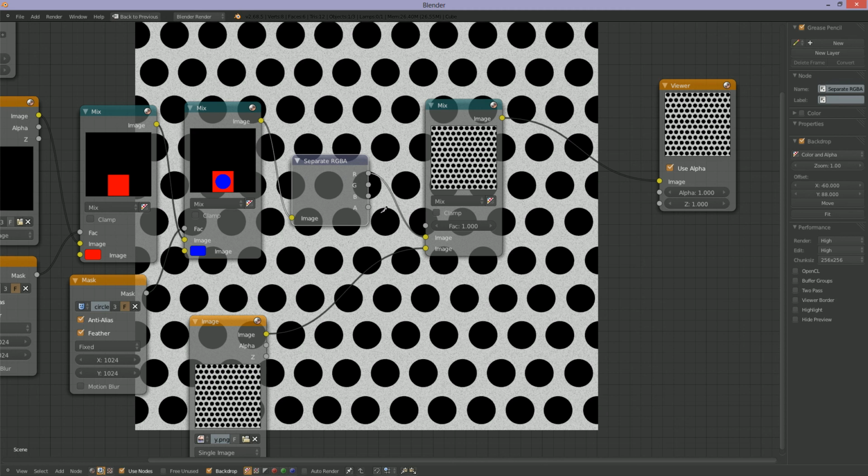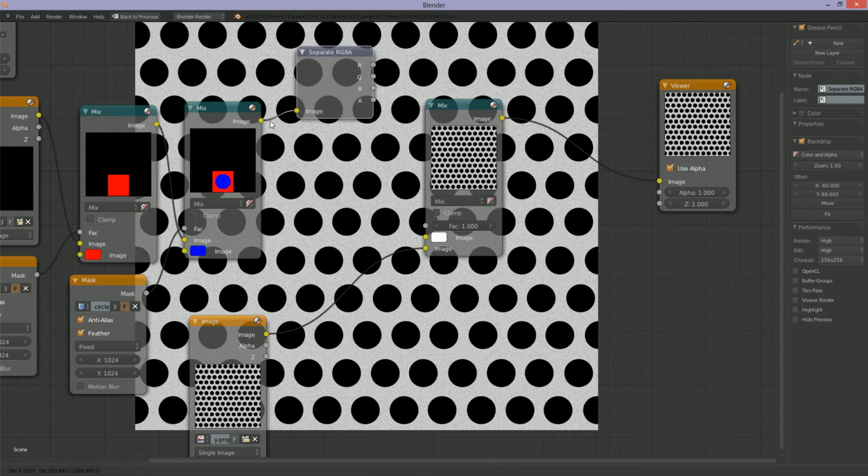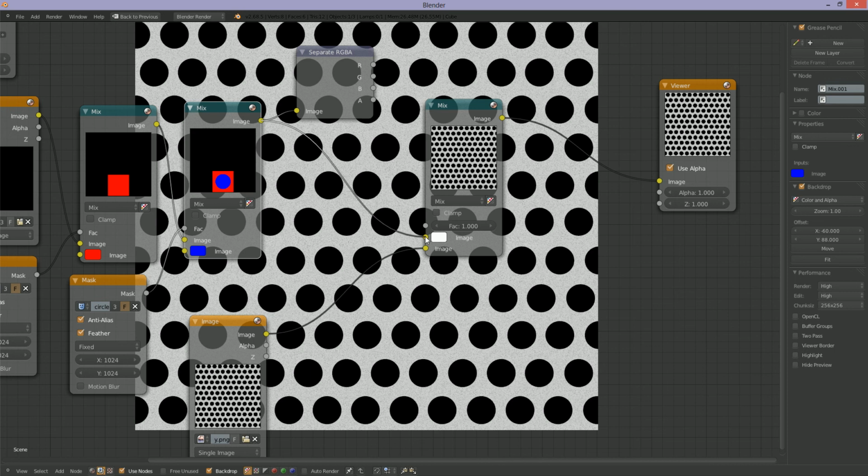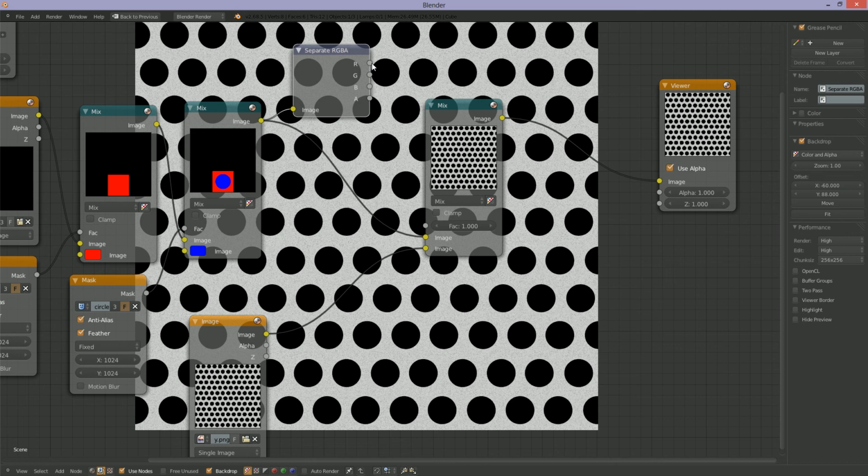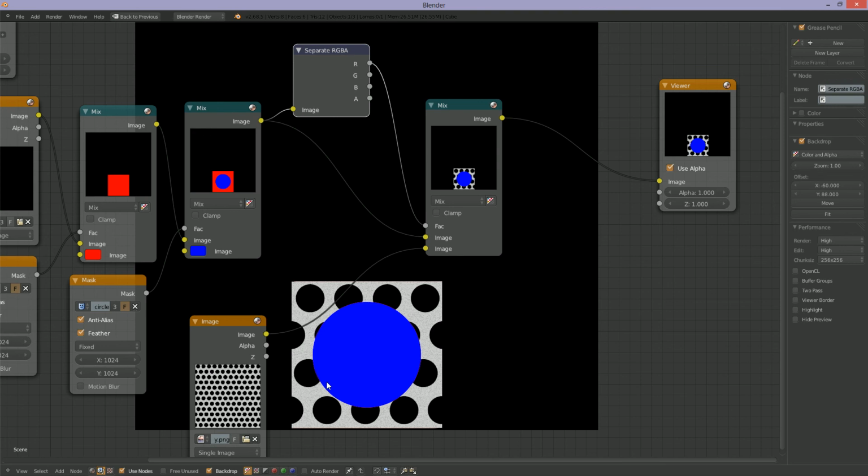Sorry, you don't want it to be hooked to that. I'm going to put it up there. Put this back in here. Now, I'm going to use the red channel for that. And now you see it's chopped. Where it's on the red channel only is where we get that